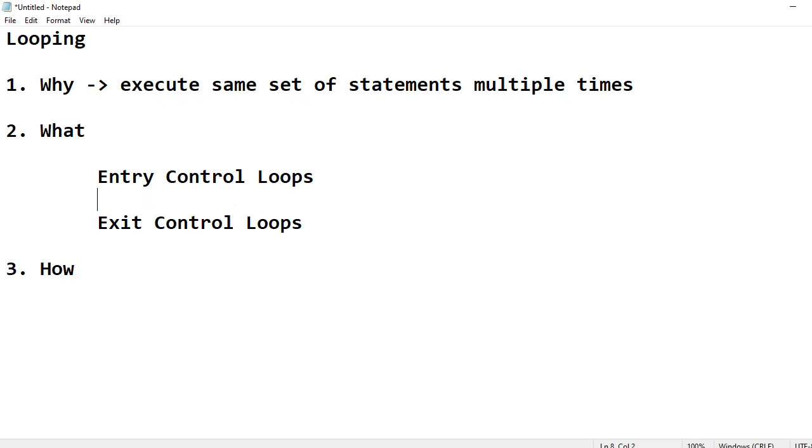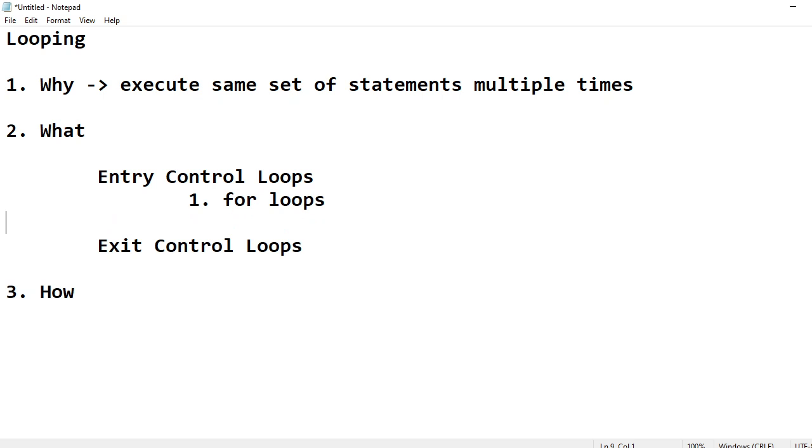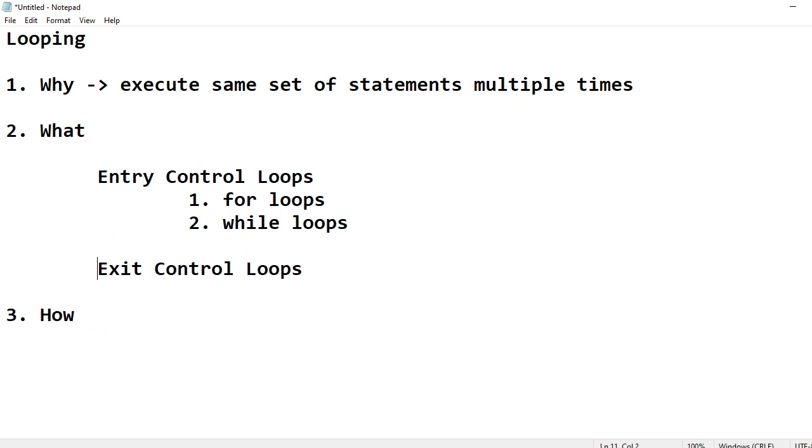In entry controlled loop we have two types. The first one is for loops and the second one is while loops. I hope many of you have heard what are for loops and while loops. And in exit control loop we have only one type of loop, that is do while loops.